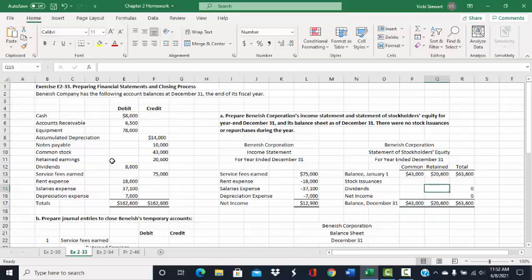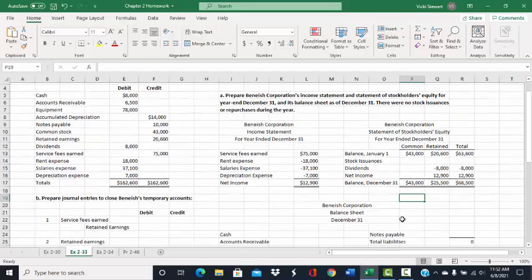Now we know from our trial balance that we did pay $8,000 in dividends to our shareholders, so that has to be subtracted from retained earnings. We also need to add to retained earnings our net income of $12,900 that we calculated in our income statement. So now we have our ending balances at December 31st for common stock and retained earnings, and we can complete